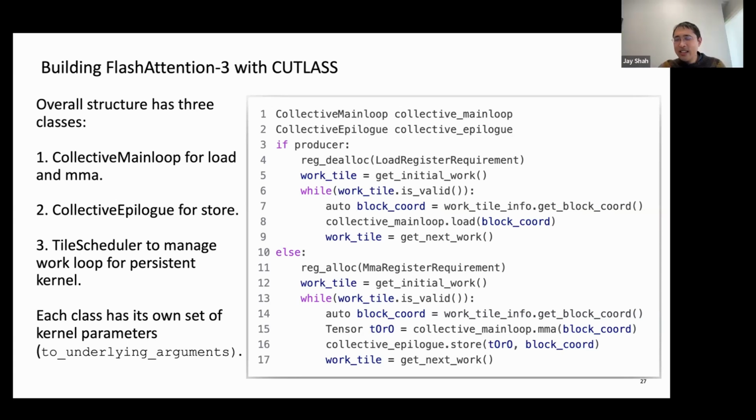So in the Cutlass, at least the clean way of designing a Cutlass kernel, you have these three classes around which you organize the kernel. And in this producer-consumer warp-specialized design, the producer has the collective main loop do the loads. The consumer has the collective main loop do the MMA, or the compute more broadly, and then the store. And the scheduler manages the work tiles. So you have these two what we call work loops in the producer and consumer, handling load and compute plus store respectively.